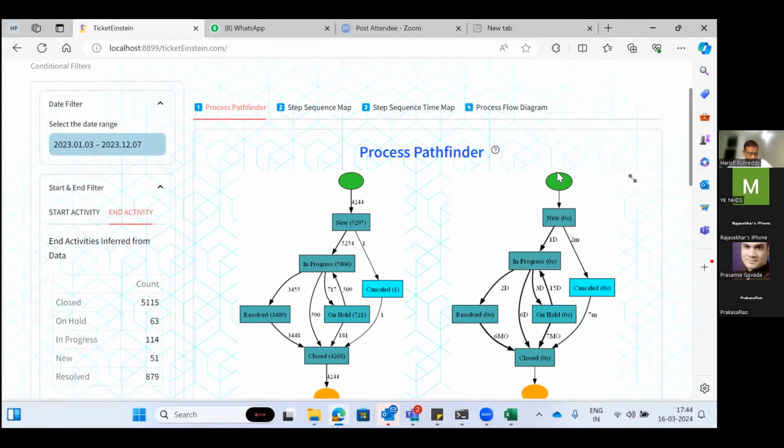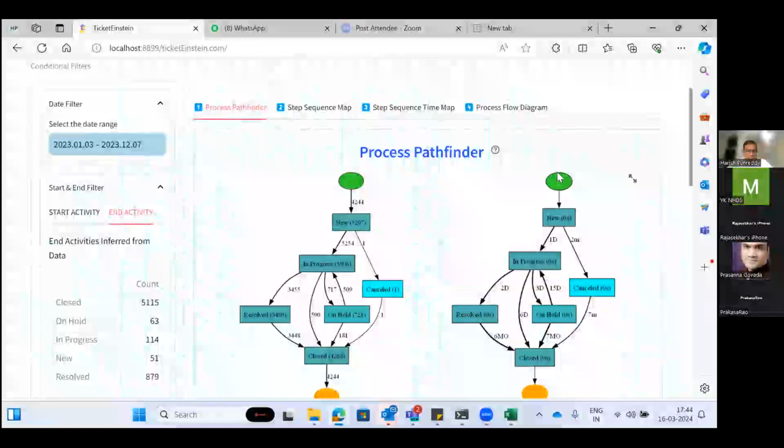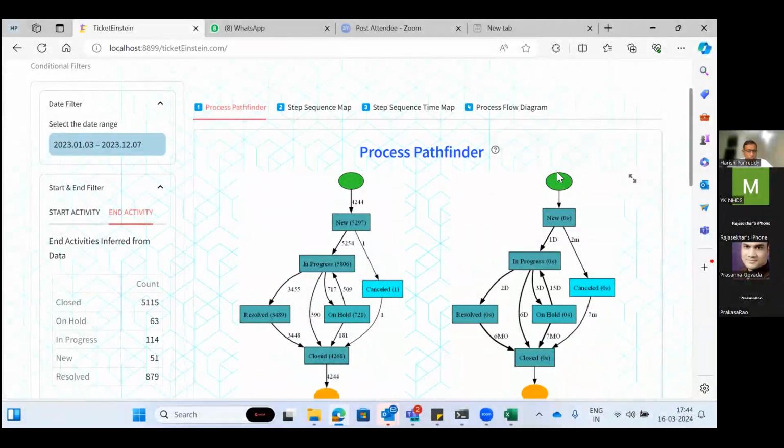One of my questions is, I think you have done a lot of work on how to categorize the free text and use it to predict. But did you do any analysis or effort on the knowledge management component, which is an integral part of any ticket management?